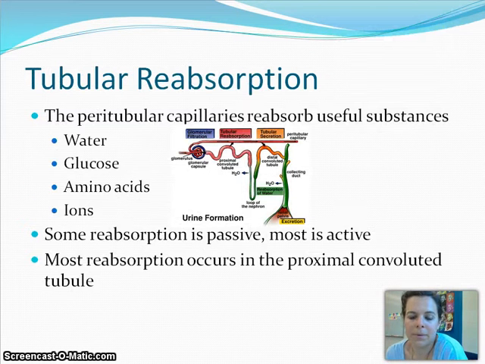Then, during tubular reabsorption, the peritubular capillaries reabsorb some of the useful substances, like water, sugar, amino acids, and ions. Some is passive, but most is active. So this is actively happening. It is an active process that requires energy. And most of this reabsorption occurs in the proximal convoluted tubule, so right next to the next part after the